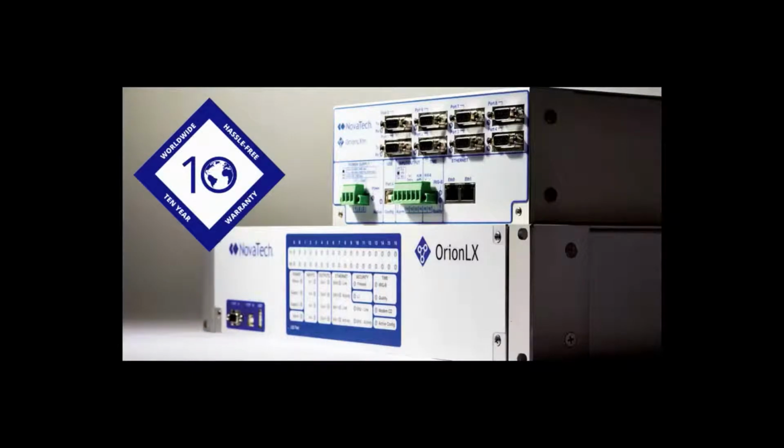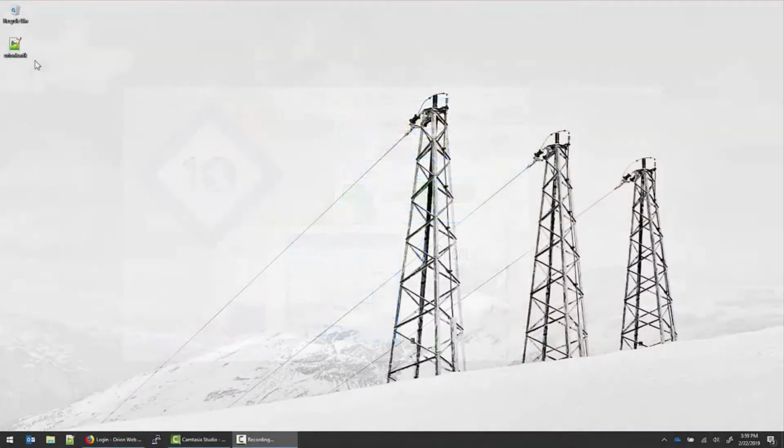I'm going to cover how to load a license file onto your Orion. The license file itself is a glorified text document. Here it's shown on my desktop as orionlx.ntk. Two ways to load a license file, and at first I'm going to show how to load it via the